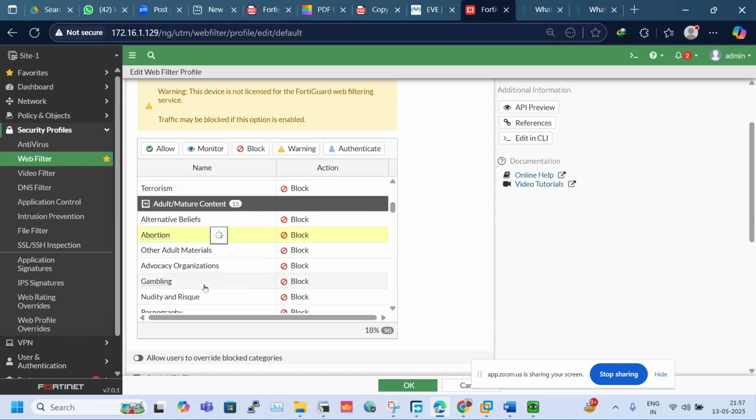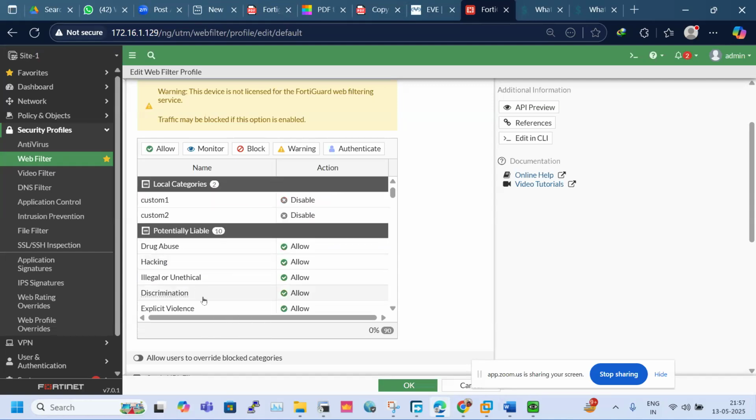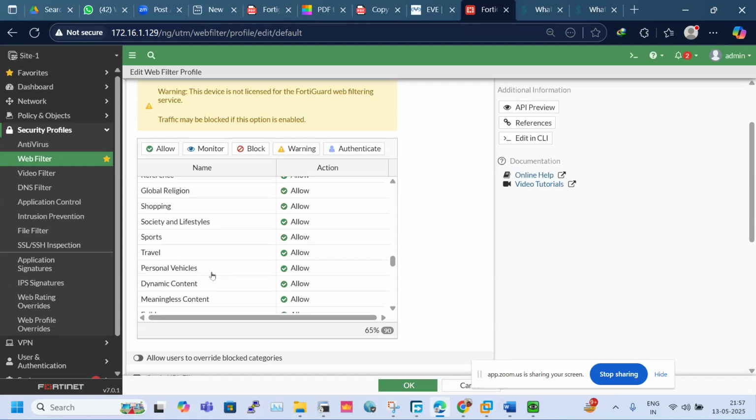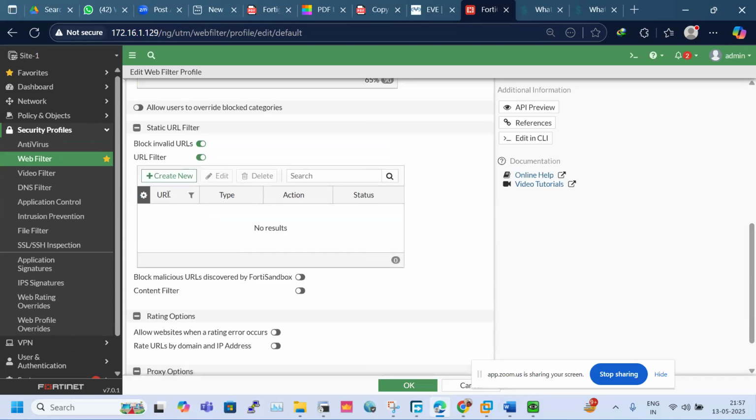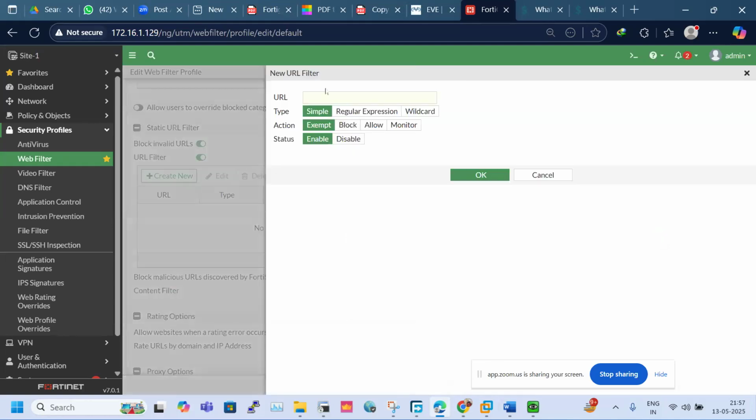Suppose I am disabling the gambling website or any website category. Let's take any example, let's say the sports category. Okay, we are blocking the sports category, but I want the sports